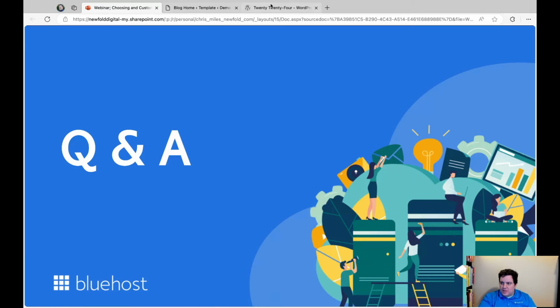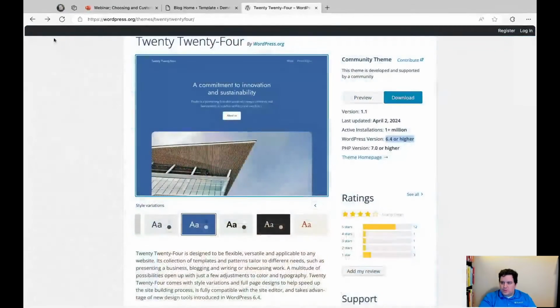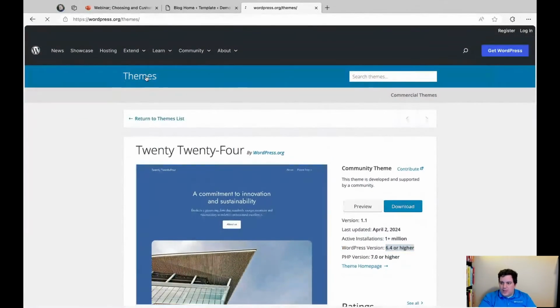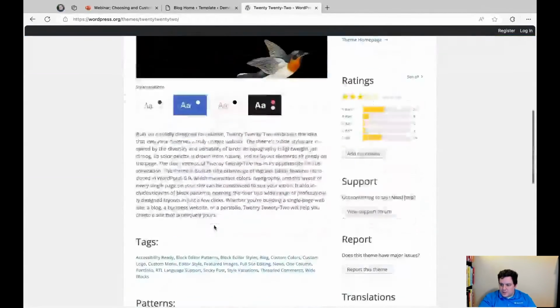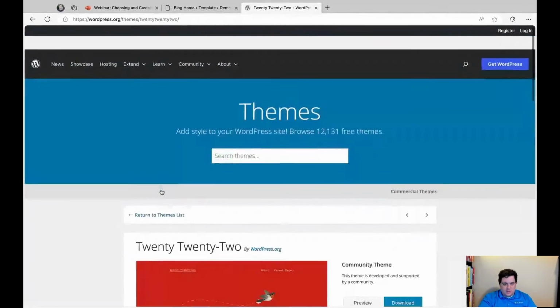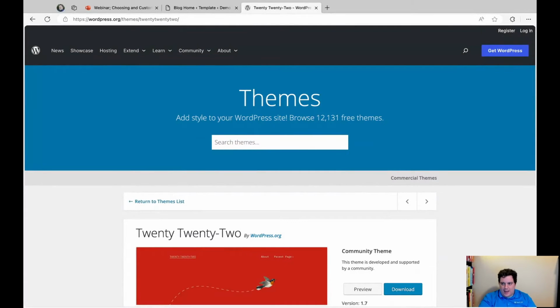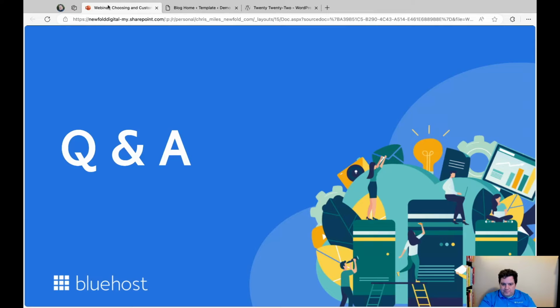So hopefully you get a sense now of how to choose a theme, where to get them, WordPress.org, how to customize them a little bit, how to get started, and how to use a little bit of the site editor and how to make changes there. But since we left some time for Q&A,